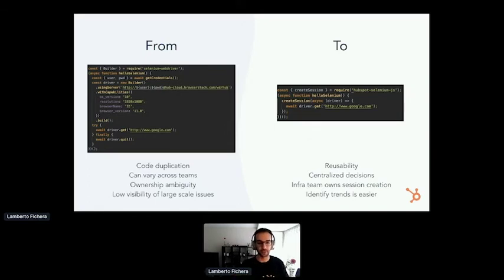Just focus on the test itself and not on the setting up of it. This improves reusability, gives us the chance to, for example, move from one version to another of a certain browser. And it also makes it easier to identify some trends, because we can do some logging in those common places like the create session in this slide.